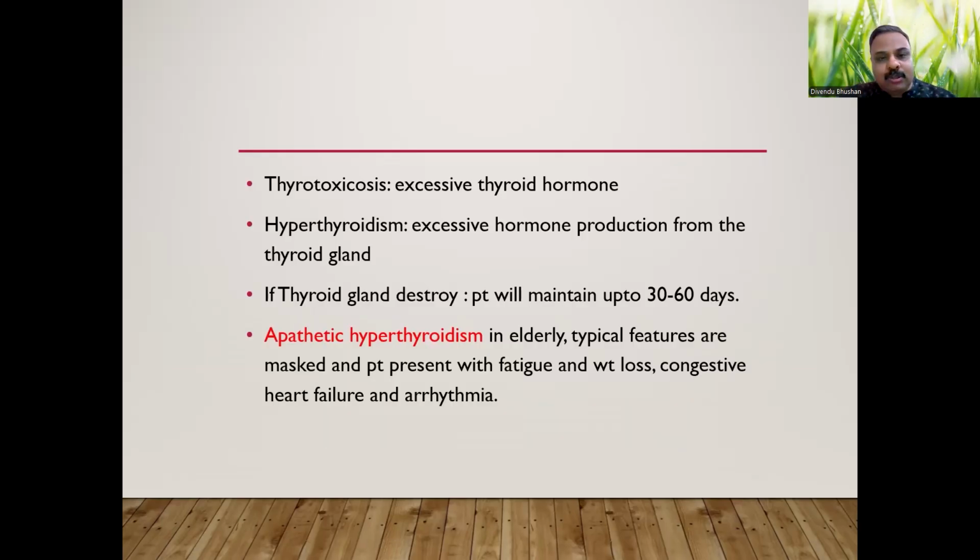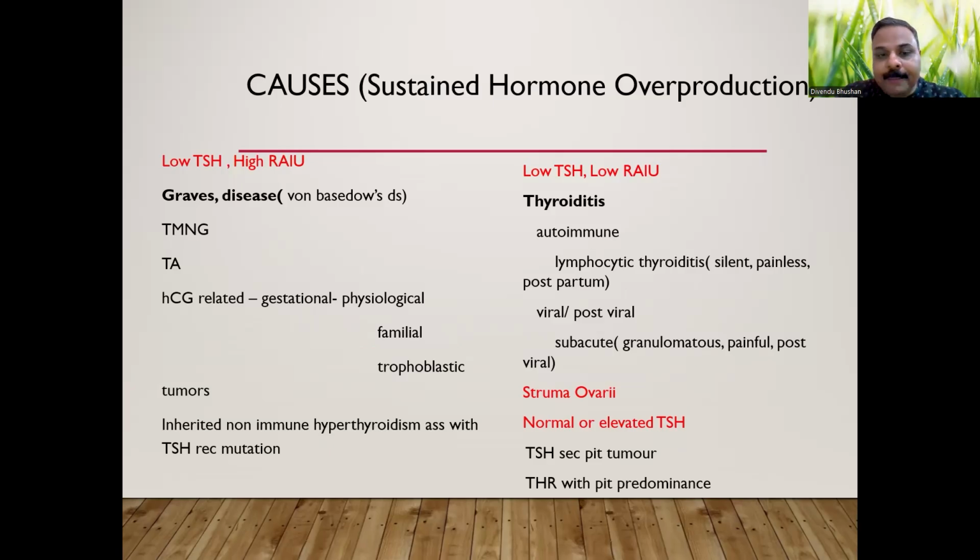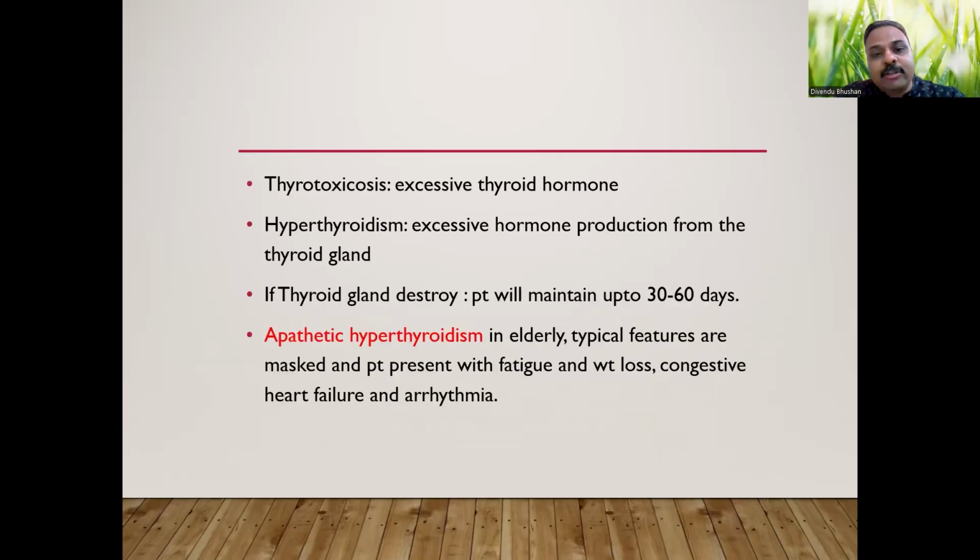So what is thyrotoxicosis? Thyrotoxicosis is a state of excessive thyroid hormone. It doesn't tell whether the gland is actively producing the extra hormone, or it is destroyed and the thyroid hormone is released at once, or the person has consumed a lot of thyroid medicines. Thyrotoxicosis is a general term for excessive thyroid hormone in the body, and hyperthyroidism means excessive hormone production from the thyroid gland. If the thyroid gland is destroyed completely, the hormone can be maintained up to 30